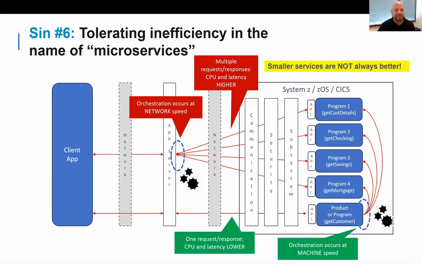Sin number 6, tolerating microservices, or not just tolerating them, justifying them, saying we're right. With one customer, this chart is exactly what they were doing. They were coming through an integration layer, going and getting all of these programs and individually doing what it needed to do. There are these little microservice APIs on each of these programs. And what they were doing was putting data on the screen of their app. They were using z/OS Connect to do this.